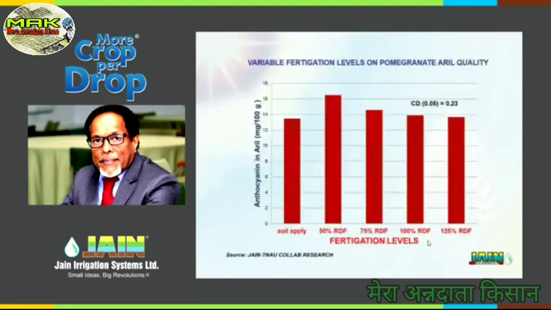With pomegranate, not only the quantity harvested, look at the aril quality, the pink flesh inside the pomegranate fruit which you eat, that is the aril. The 50% gives you 16 milligrams of anthocyanin, the color, per 100 grams of aril, while the soil application gives less than 14. So that is important information. You need higher quality. Fertigation helps you in reducing the fertilizer, increasing the yield, and increasing the quality of the fruit also. There are many, many win-win situations here. It's not only win-win-win. You can have many wins.